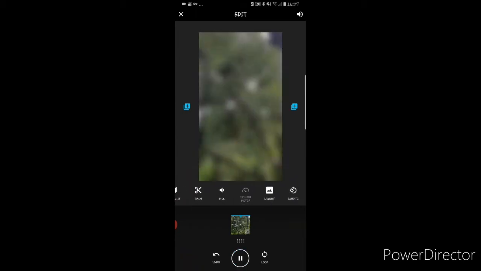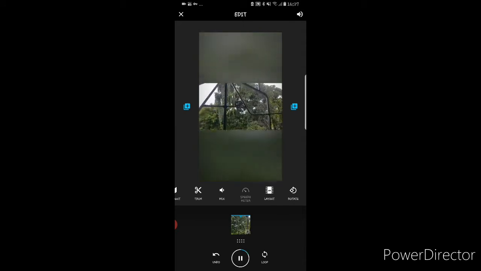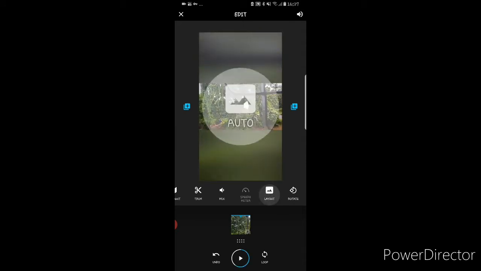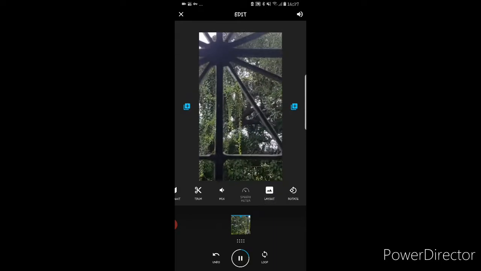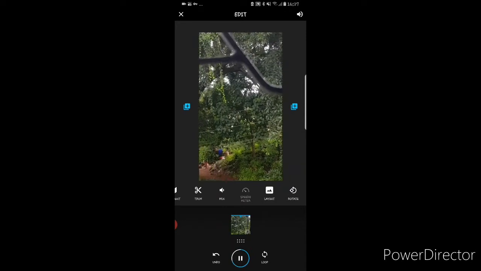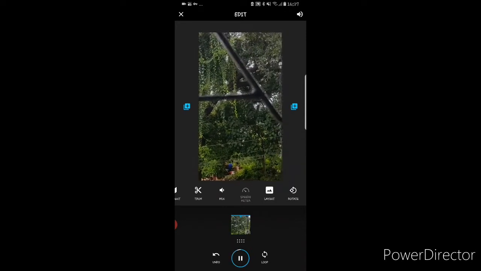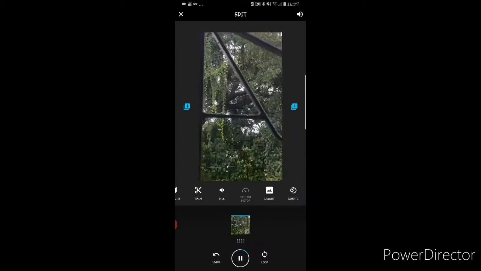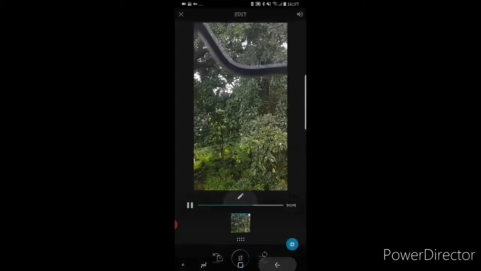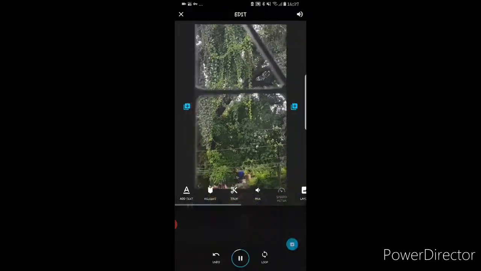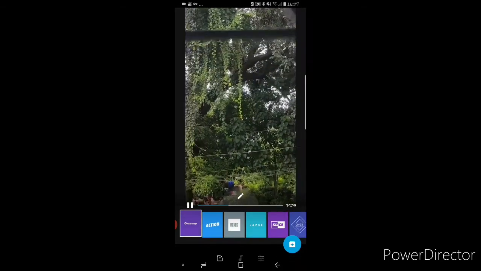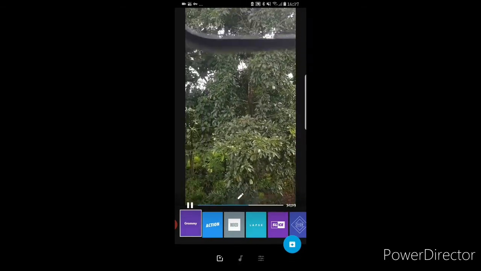So that's it. This is the layout, the way you want it, whether you want it landscape or portrait, it depends on you. And if the video is not rotated properly, like upside down or something like that, you can rotate it. This option is also there. Okay, so let's come back now. If you see here, this is that layout option down here.